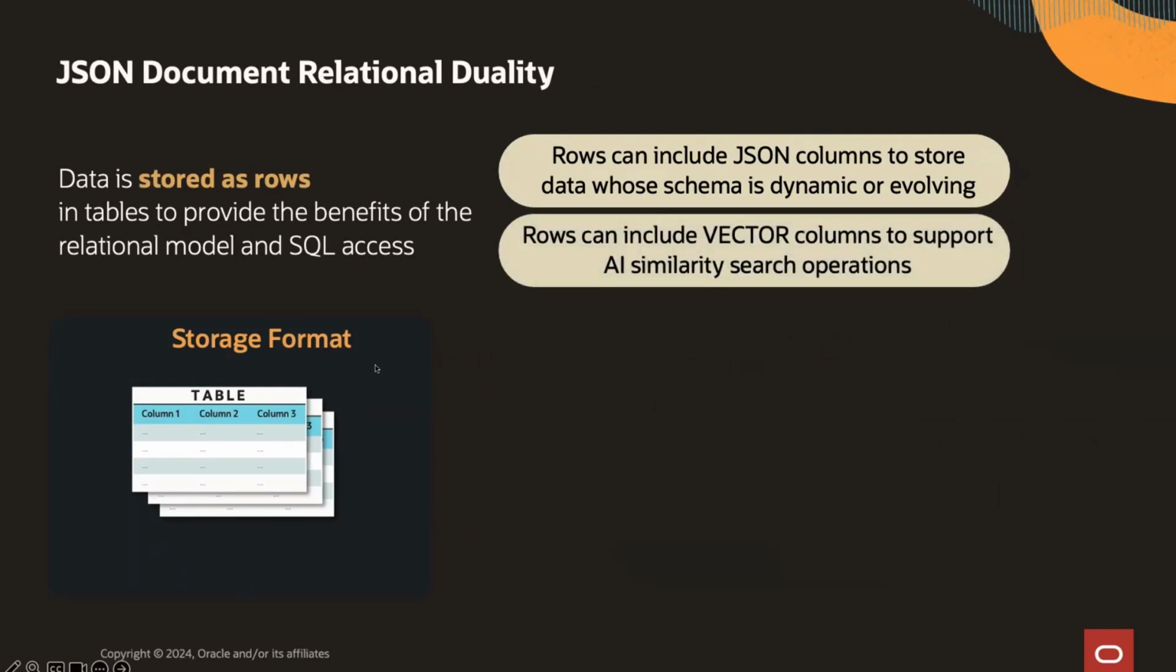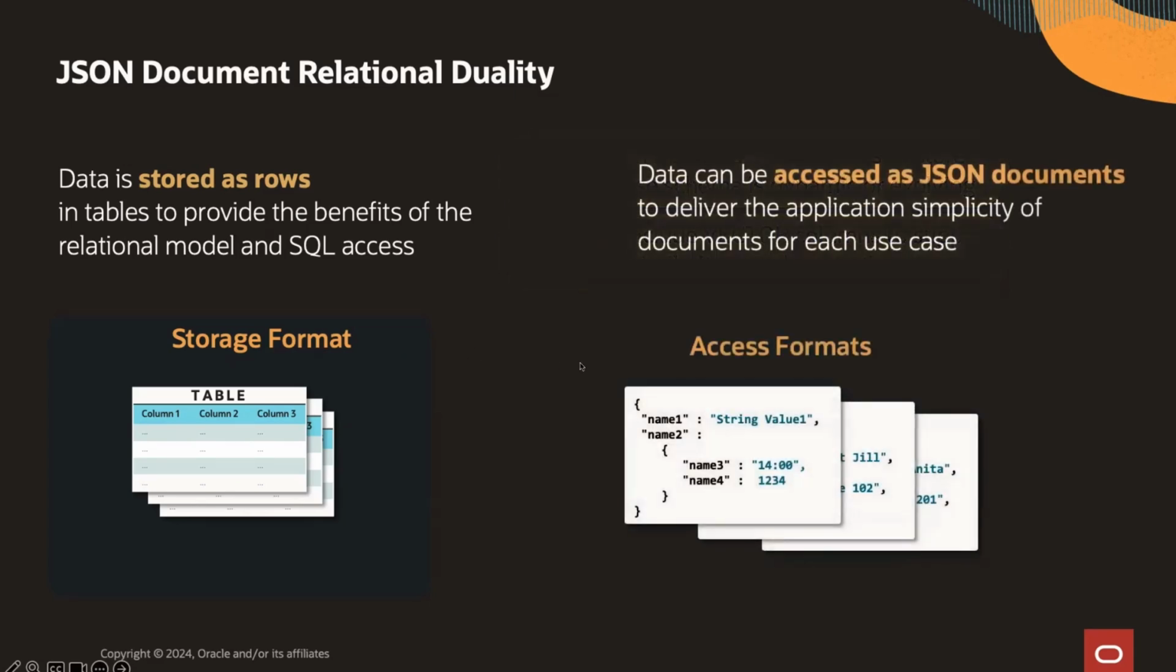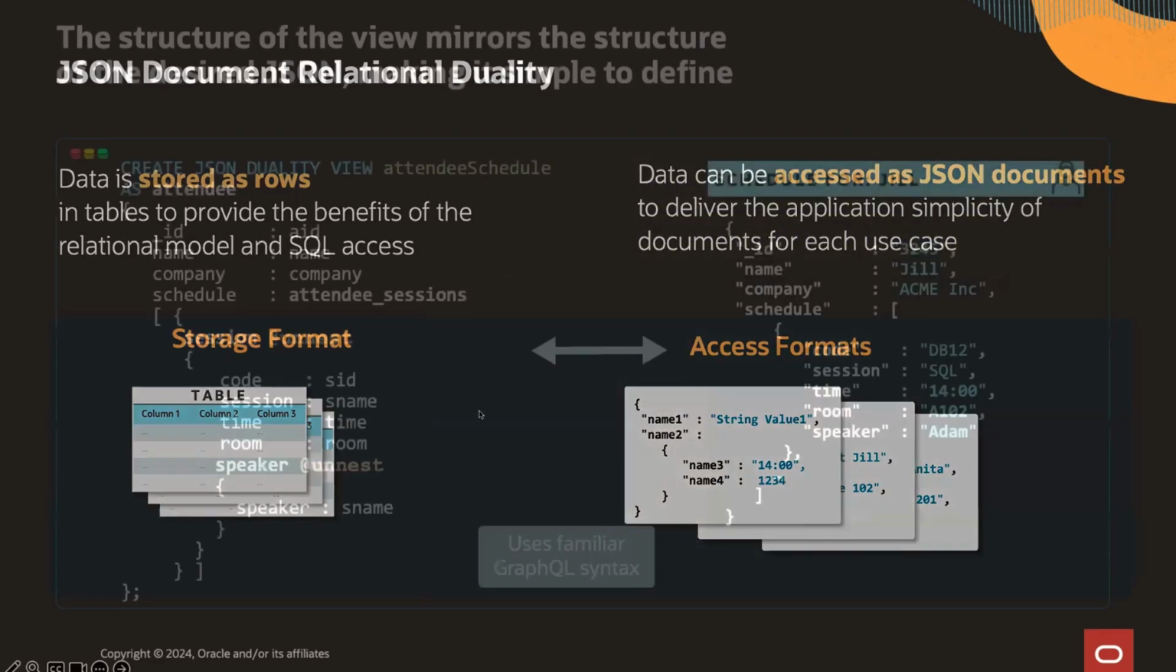So you start with a relational storage. You can have JSON columns inside. If you have schema flexible content, you can also have our new vector data type. And then you can define as many JSON access views as you want. So you can say, hey, I have